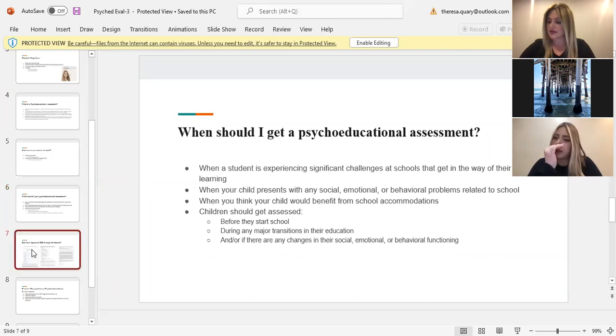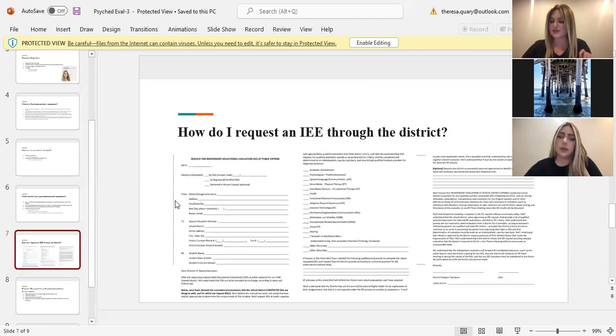All right, I think now is a good time to move on. Oh, this is a sample letter. So the sample letter is there, and this is just a sample, so you don't have to write exactly what it says, but it's a really good template for you to utilize so that you can inform the school in writing what you're requesting. And notice how there are dates on there. That's really important.